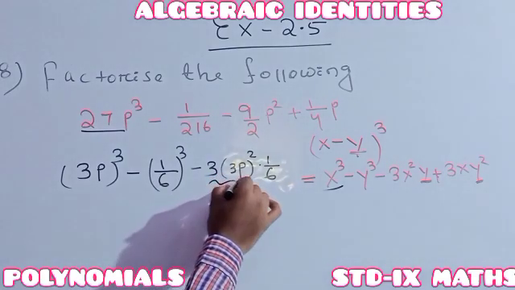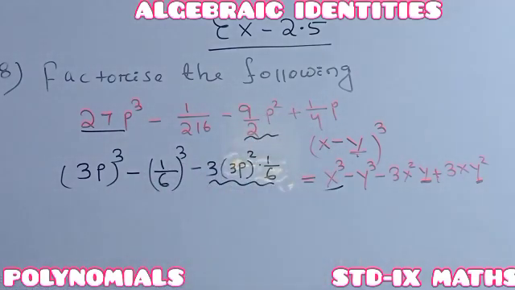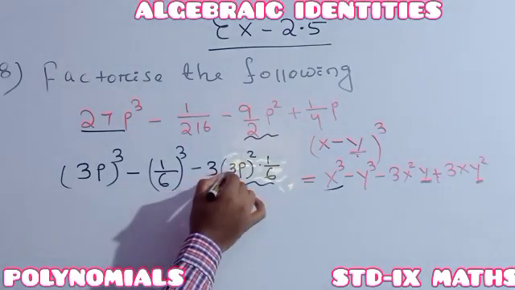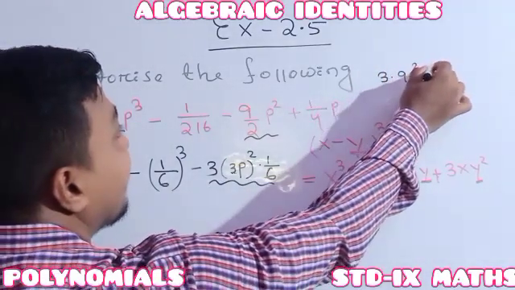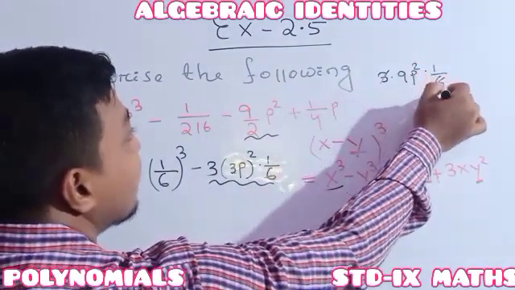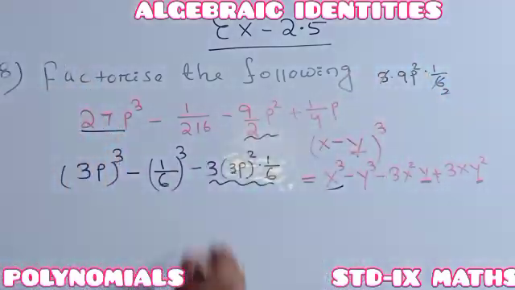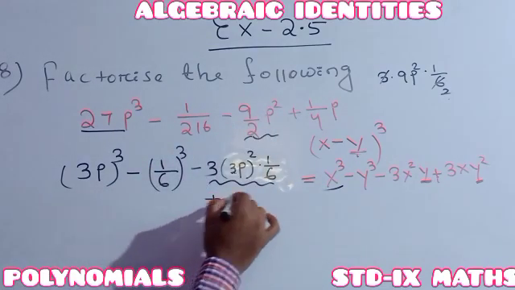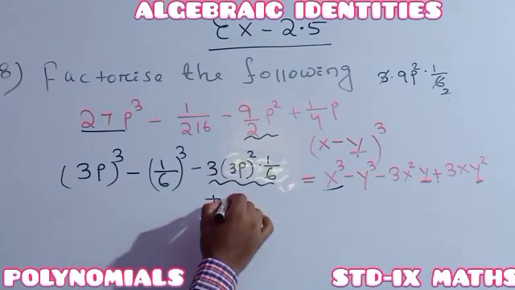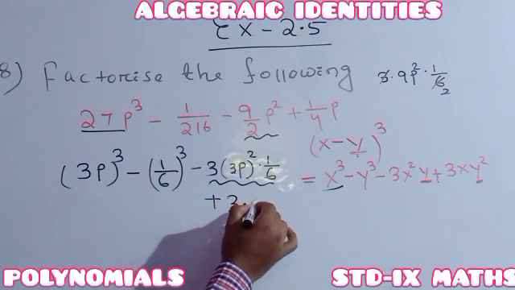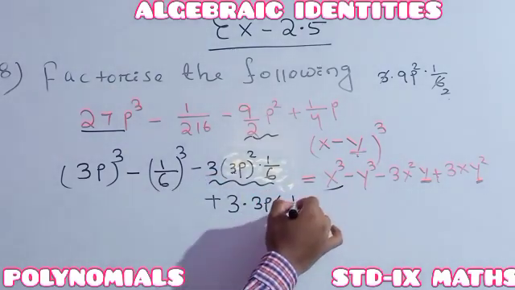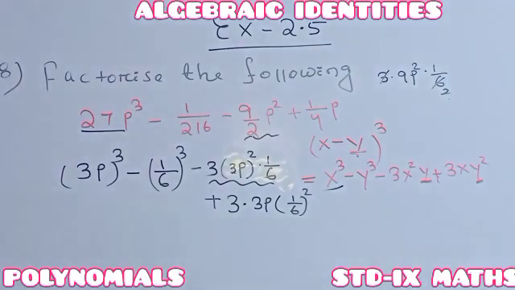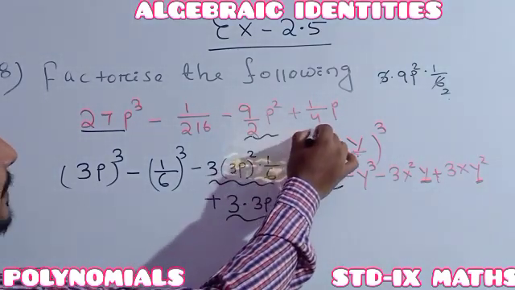So we just have to check whether this one is matching with this one or not. See, here it will be 3 square means 9p square. So 3 into 9p square divided by 6. Here 3 and 2 make 6, it means 9 by 2 p square. So 9 by 2 p square, and here it is also 9 by 2 p square. Then the next one is 1 by 4, I have to arrange. 1 by 4 means it is in the form of 3x, first term 3p and last term square, it means 1 by 6 square. Is it really matching to 1 by 4 or not?